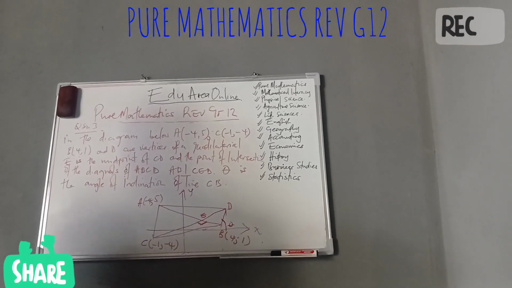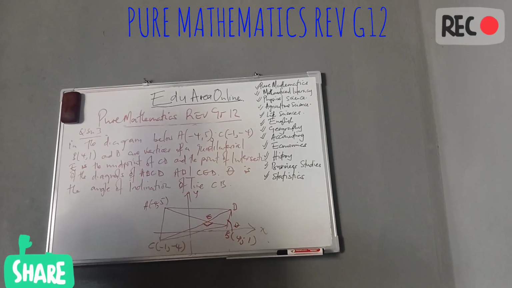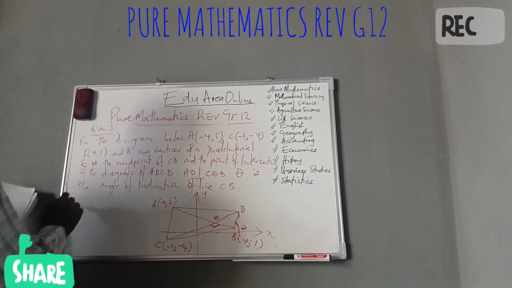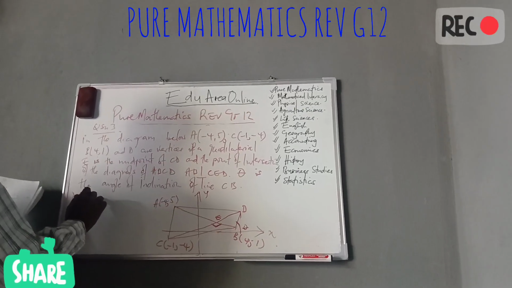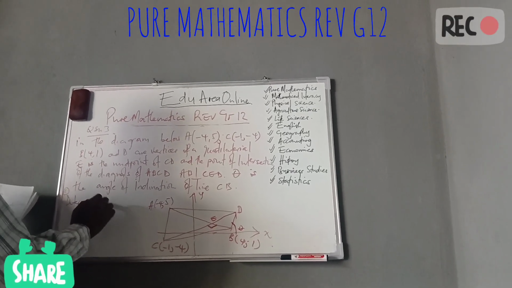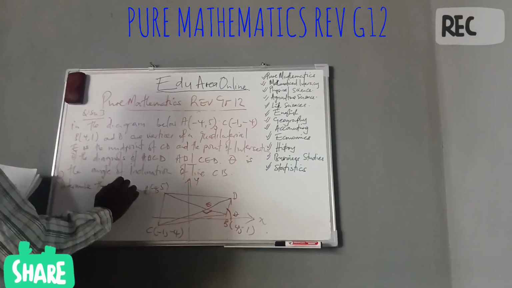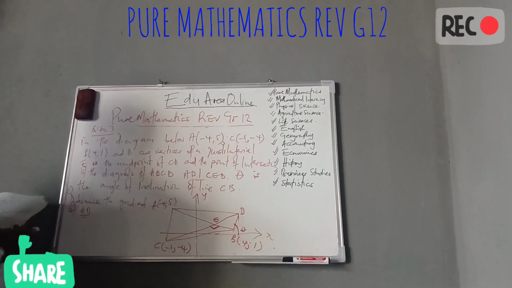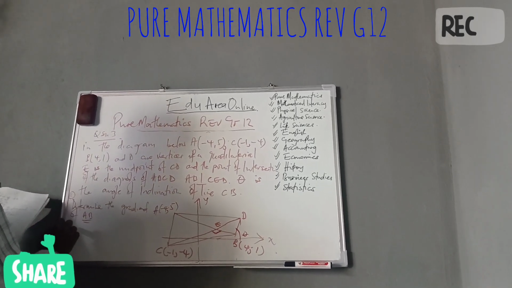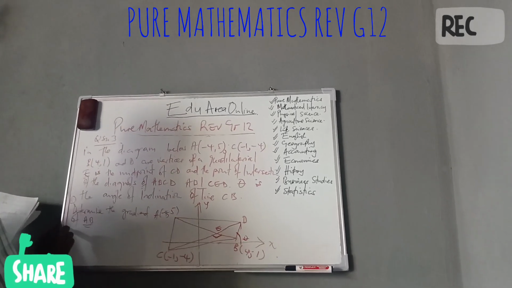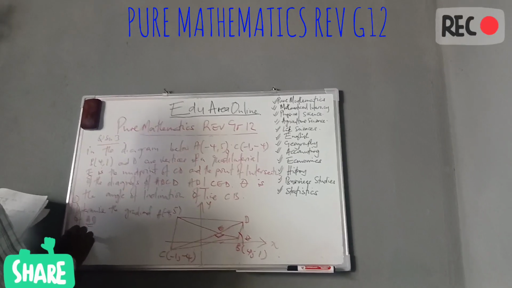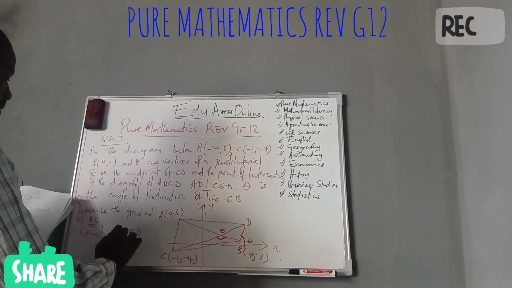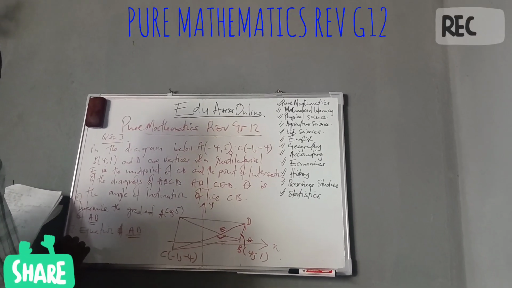So let me get over to the questions. The question was saying now, determine the gradient of AB. So it's going to ask about the gradient. What is the gradient of AB? Then after the gradient, number 2, the equation of AB. So we have to determine the equation of AB after determining the gradient. Number 3, the equation of